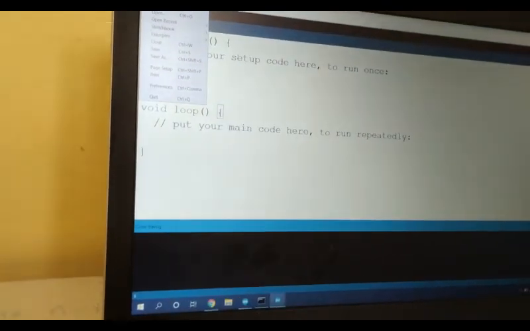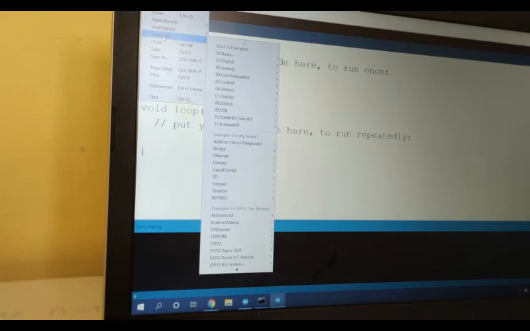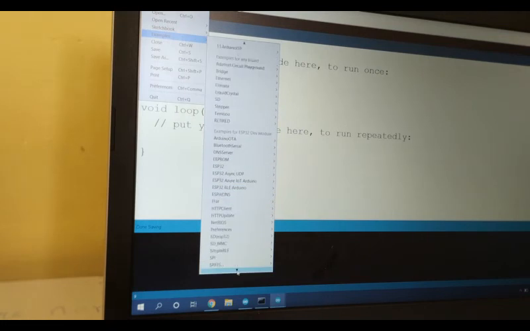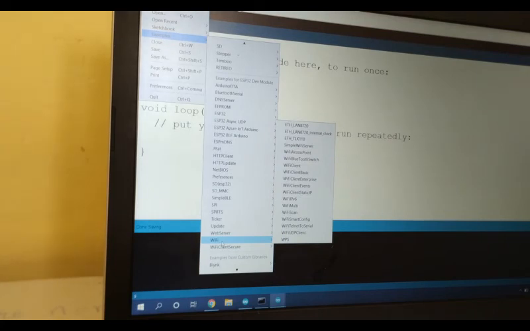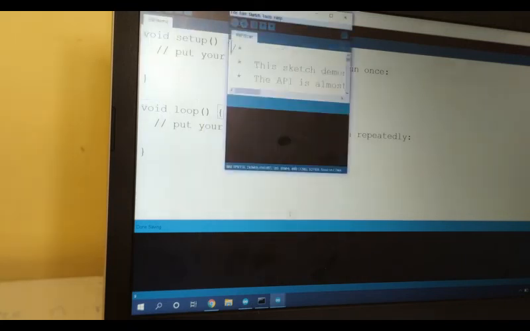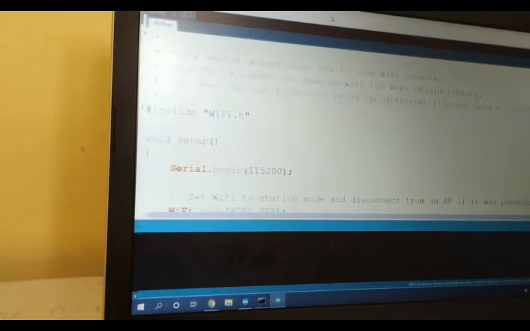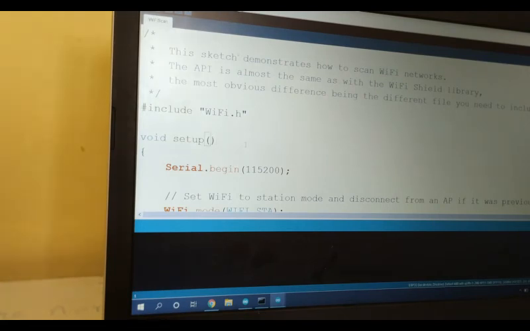Okay, fine. So when you select the File pull down menu, here is an option called Examples. In Examples you need to scroll down and select ESP32. It has various examples. Let me select Wi-Fi. So I have selected ESP32 followed by Wi-Fi. Again, in Wi-Fi we have many options, and I will select WiFiScan. Let me show how this device works. I select WiFiScan. Okay, so this is a predefined program.